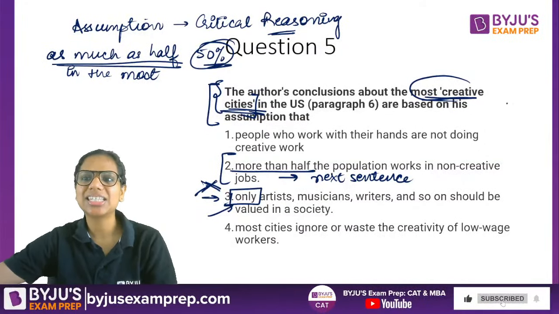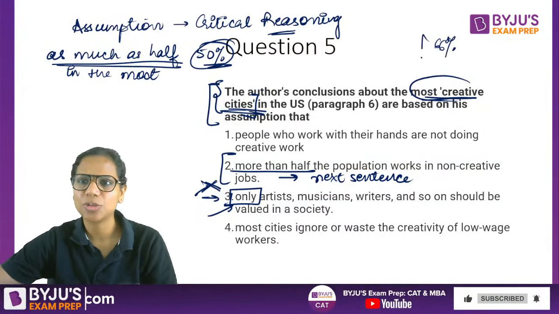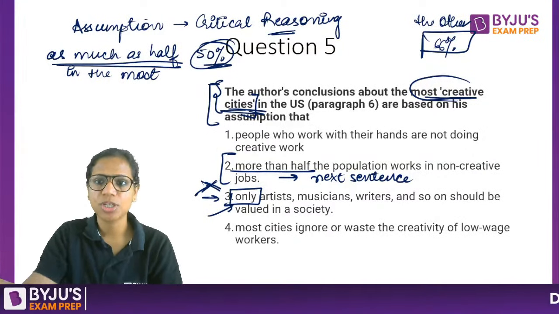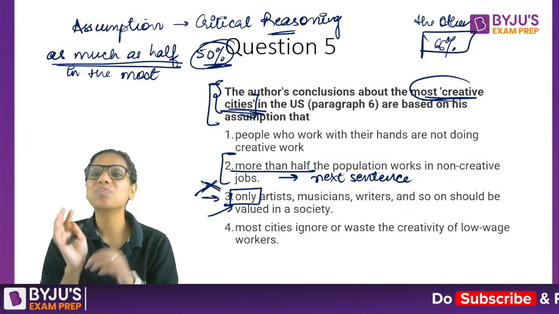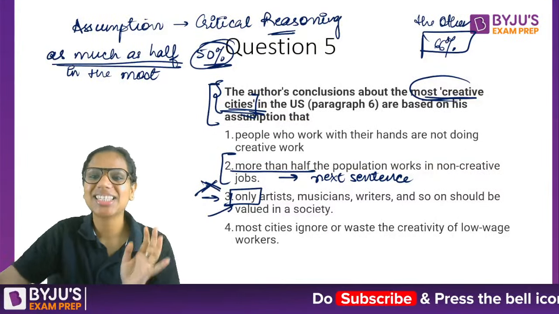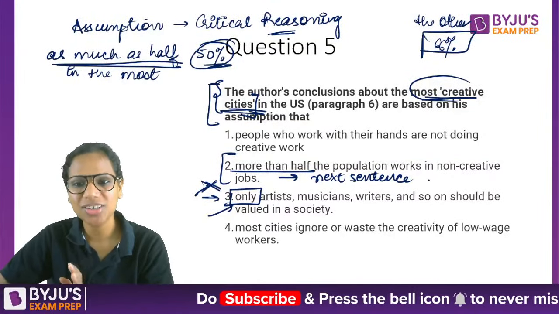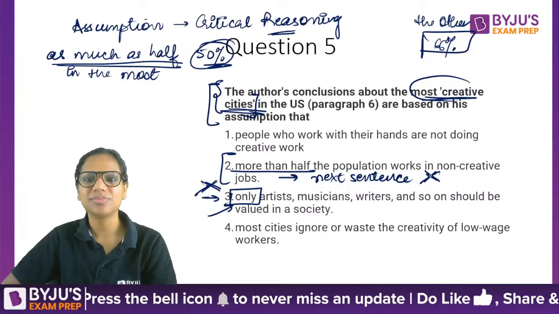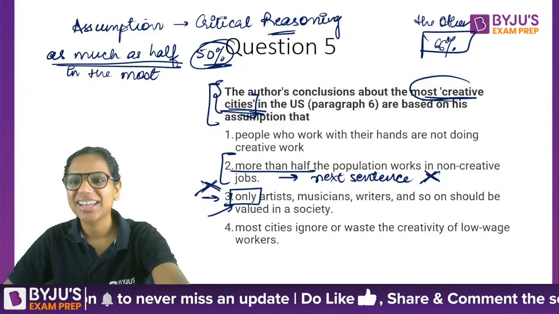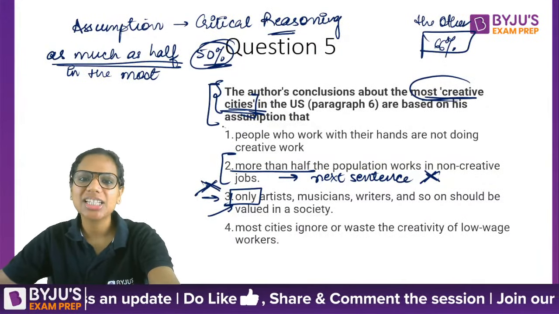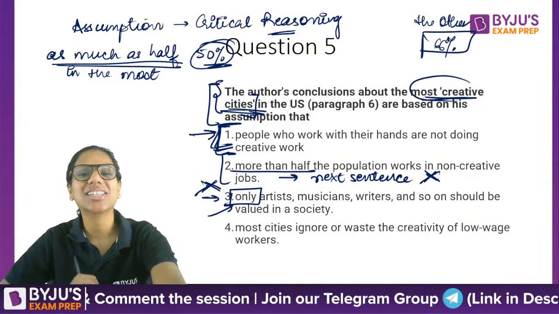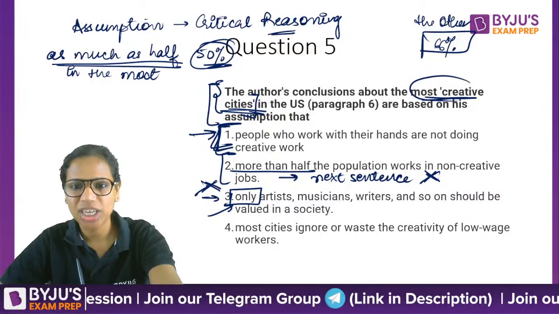In general, yes, 66% of the population, as per the author, the other 66% in general in the US is engaged in non-creative jobs. But this sentence does not have that assumption. This is not an assumption of the author, first of all, and it's not a part of this sentence. So, people who work with their hands are probably not doing creative work. Yes, this is the assumption that has been made. Okay. Now,